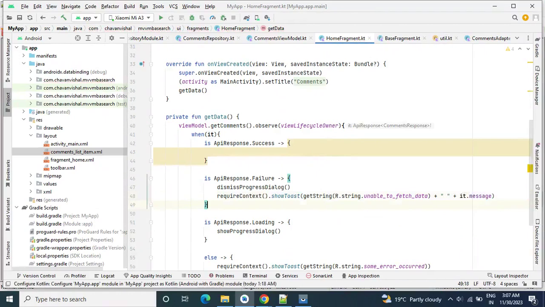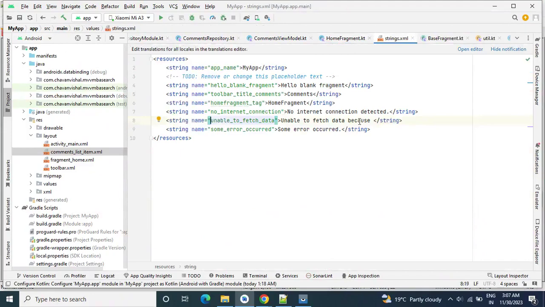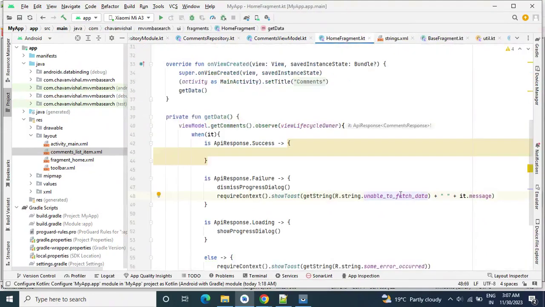So we have handled the failure case also. In case of failure, we are showing this first message, unable to fetch data because, then some space, and then the actual error message.